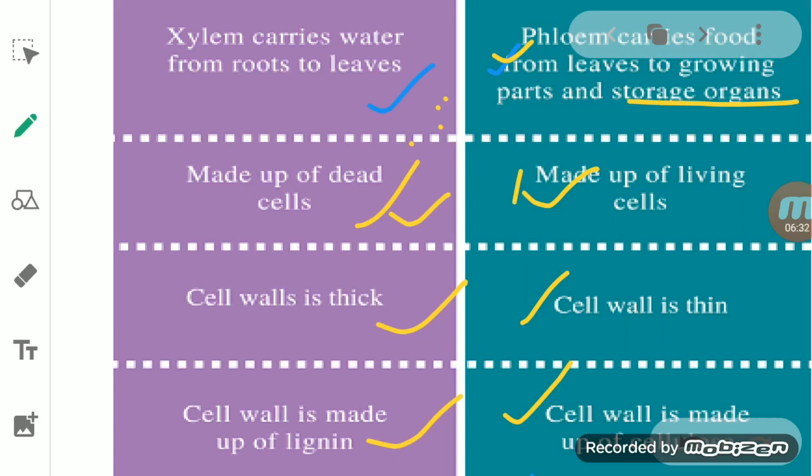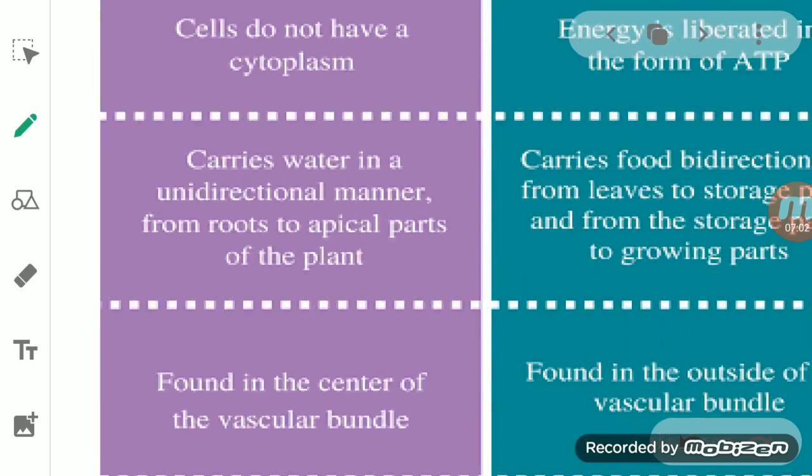So all this, whether a cell becomes a dead cell, or a wall becomes thick or thin, is due to the material. Means what kind of material is present on the wall, or from which material the wall is made up of. Okay, so the cell wall is thick here and thin here. It is made up of lignin and it is made up of cellulose. Now if you see the other one,